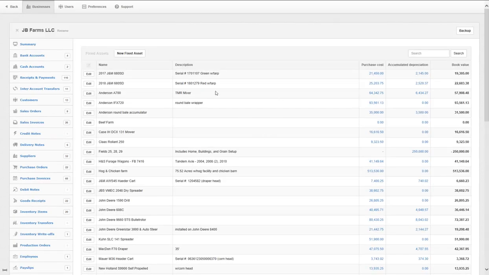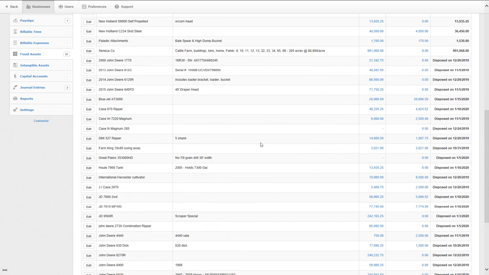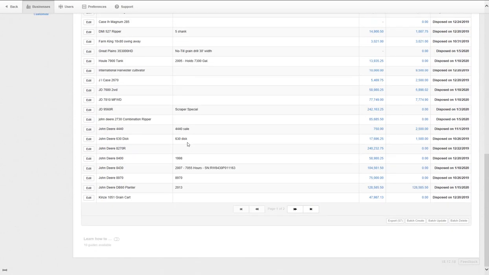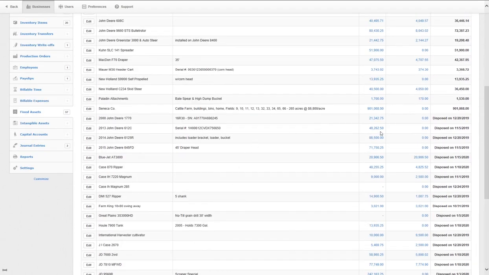Then my fixed assets list. This is where I keep track of all my equipment and my acreages and different things like that. And then when you dispose of a fixed asset, it comes up down here at the bottom. So I've bought and sold things since I started doing this, and just trying to find that right mesh of equipment for the size farm I'm doing. And at some point it's easier just to keep this going and not start a new business for a new save game. So there's a couple save games in the beginning there that I disposed of, didn't like, and now I'm using a different save game. So yeah, but anyhow,